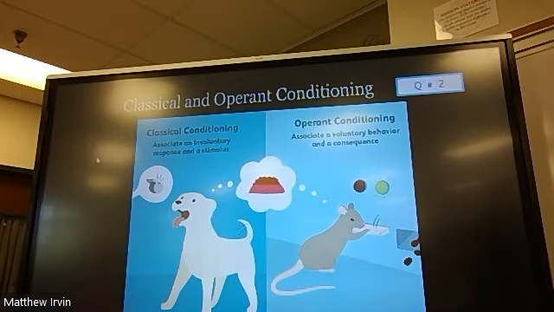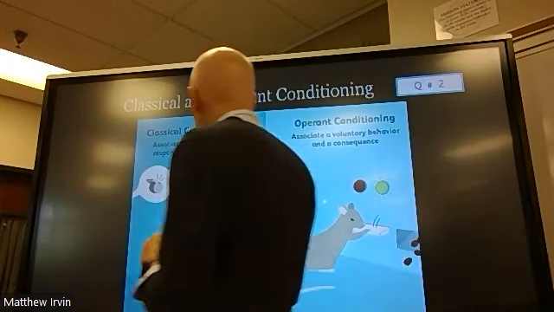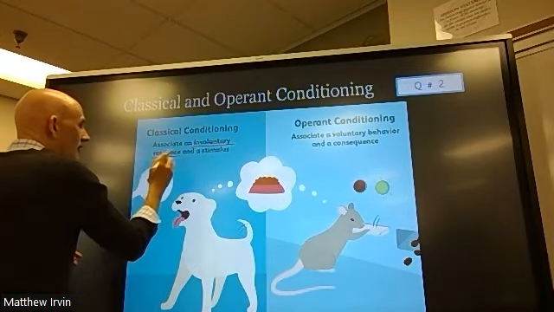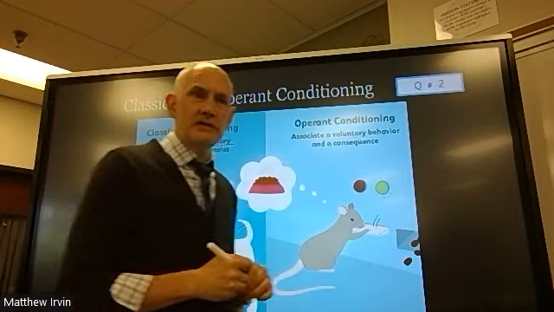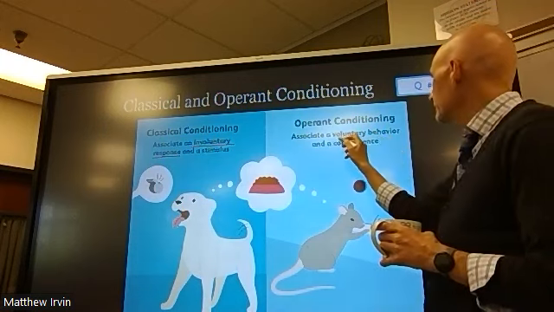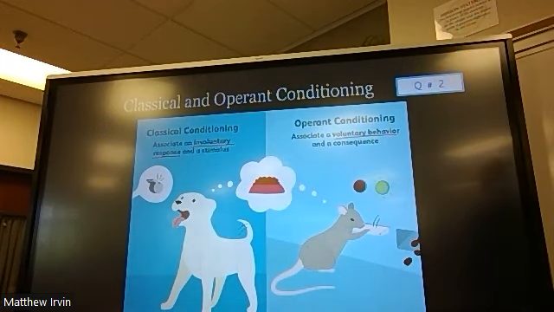Other behaviors, we have classical conditioning and operant conditioning. So this is where you're going to have some kind of signal. The big, main, clear difference is that classical conditioning is going to be an involuntary response to a stimulus. So this tends to be more physiological behaviors, like the dog starting to salivate, whereas operant conditioning is a voluntary behavior.